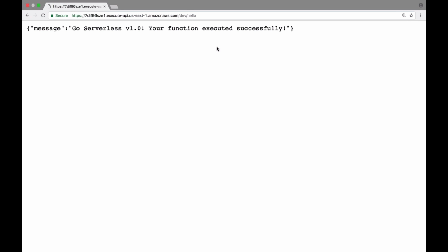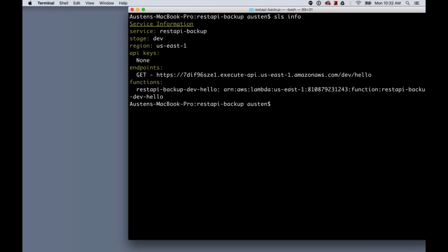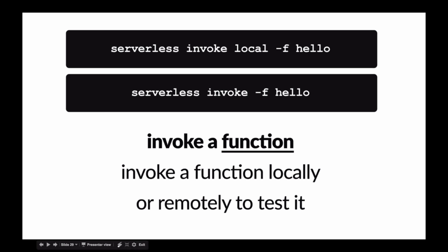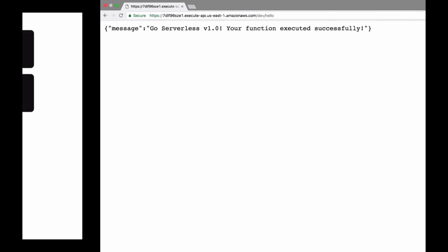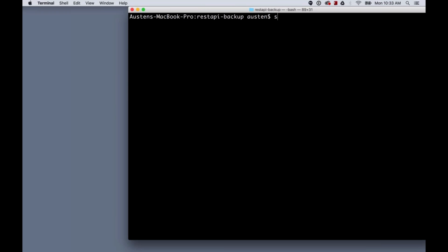All it took was simply creating a serverless service, adding in an API endpoint event to a single function, and then deploying it. And what we're looking at here is a massively scalable pay-per-execution REST API endpoint. And it doesn't get much cooler than that. So again, anytime I want to see the information on my serverless service, I just run serverless info and it will pull that information into the console. And again, we just test the endpoint. We tested it out through the browser, but we could actually run tests via the framework. This is kind of where the framework really shines.